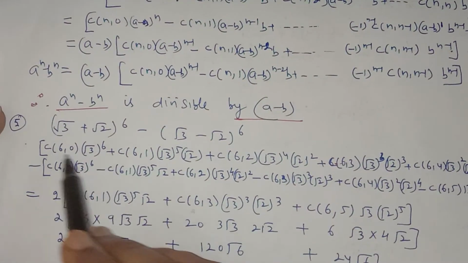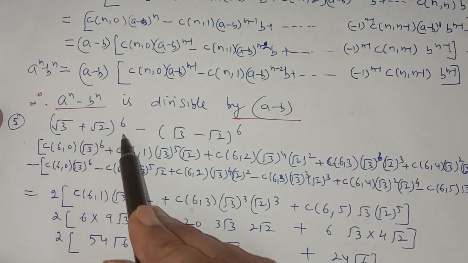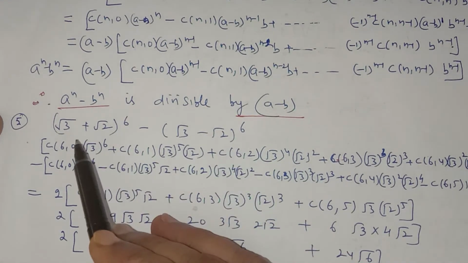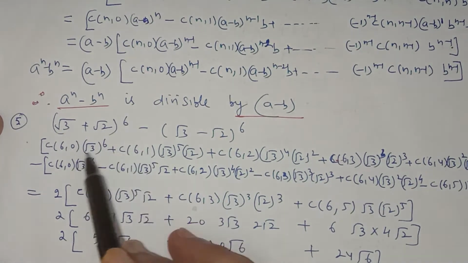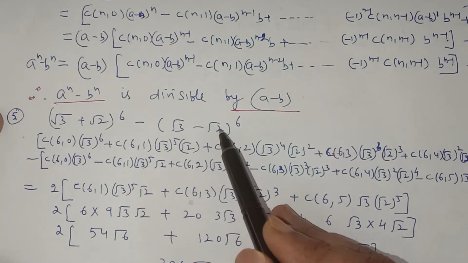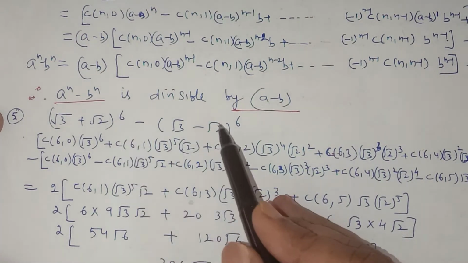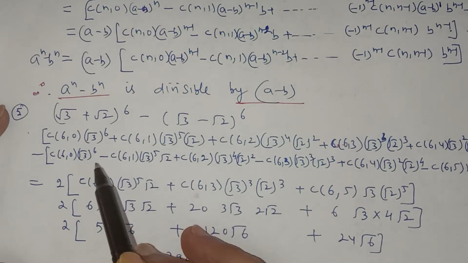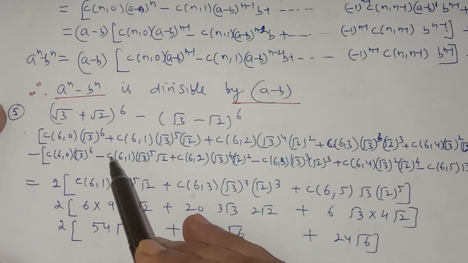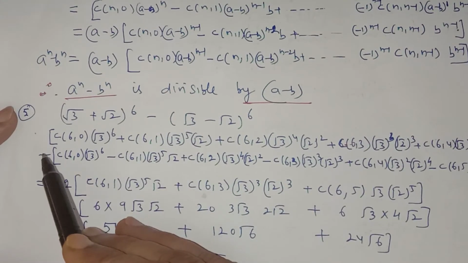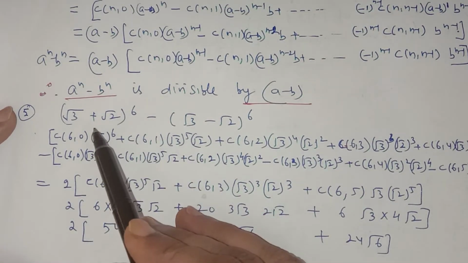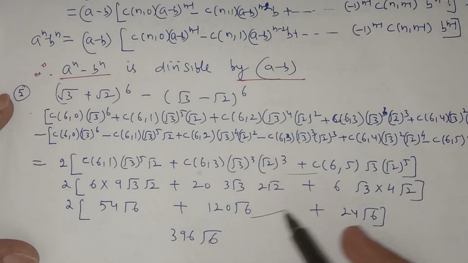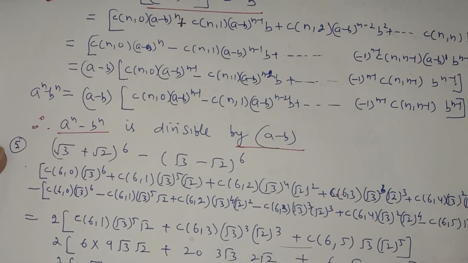Now in question number 5, you have to find root 3 plus root 2 raised to power 6 minus root 3 minus root 2 raised to power 6. And this question we have done already in the first exercise. First of all, expand root 3 plus root 2 raised to power 6, you will get 7 terms. When you expand root 3 minus root 2, you will get 7 terms in this also. In the first expansion all terms will be positive, and in this expansion alternate terms will be positive and negative. Now with the negative sign between them, most of the terms will be cancelled out. This will be cancelled out with this, this will be cancelled out with this. So like this. You know how to solve this question. We have done it already in exercise 1.